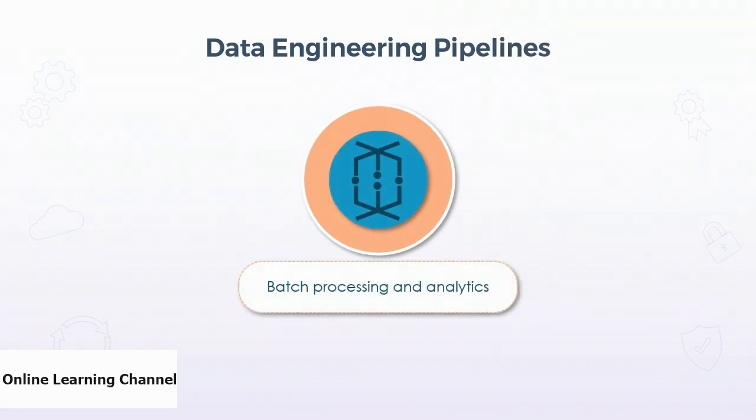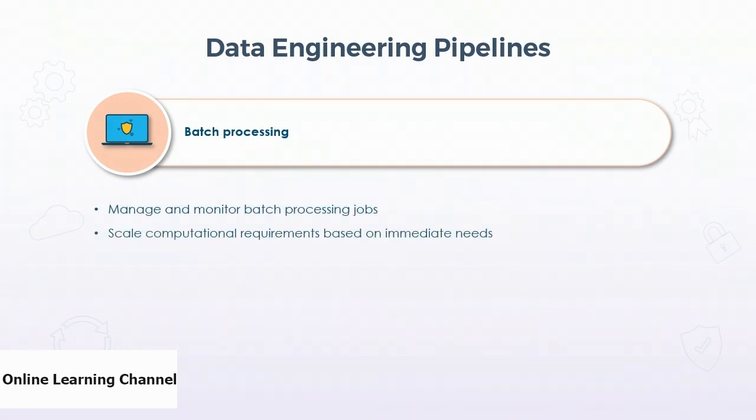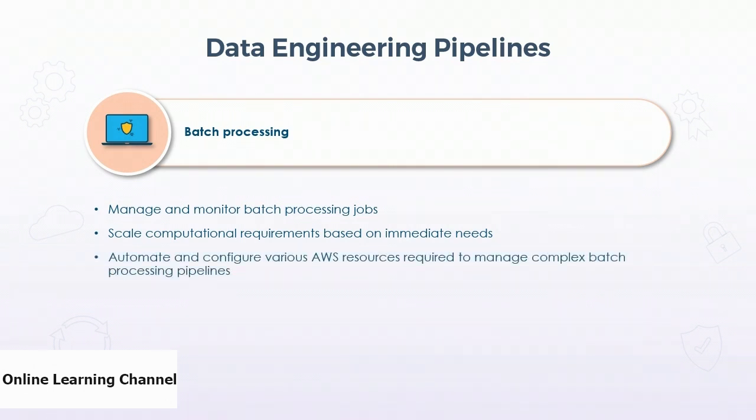In this video, we will advance our discussion on data engineering pipelines, including batch processing and analytics. First, we will discuss batch processing. Batch processing pipelines make it easier for the users to manage and monitor batch processing jobs and scale the computational requirements based on the needs. As batch processing is integrated with native AWS services, it makes it easier to automate and configure resources required to